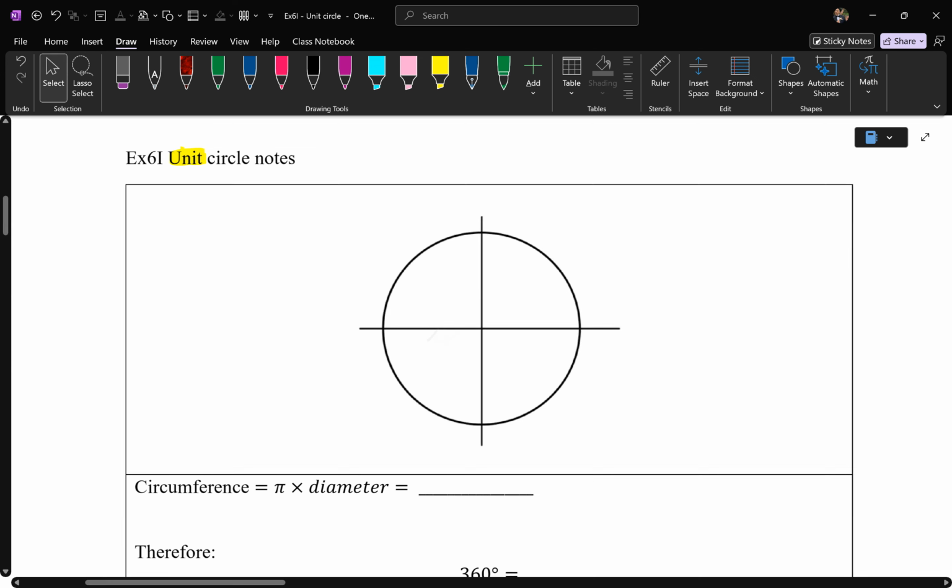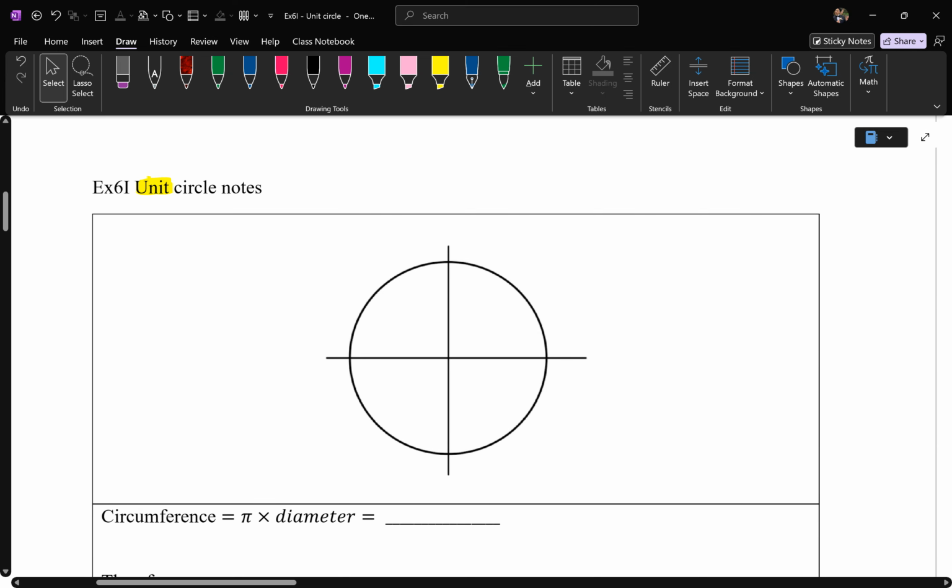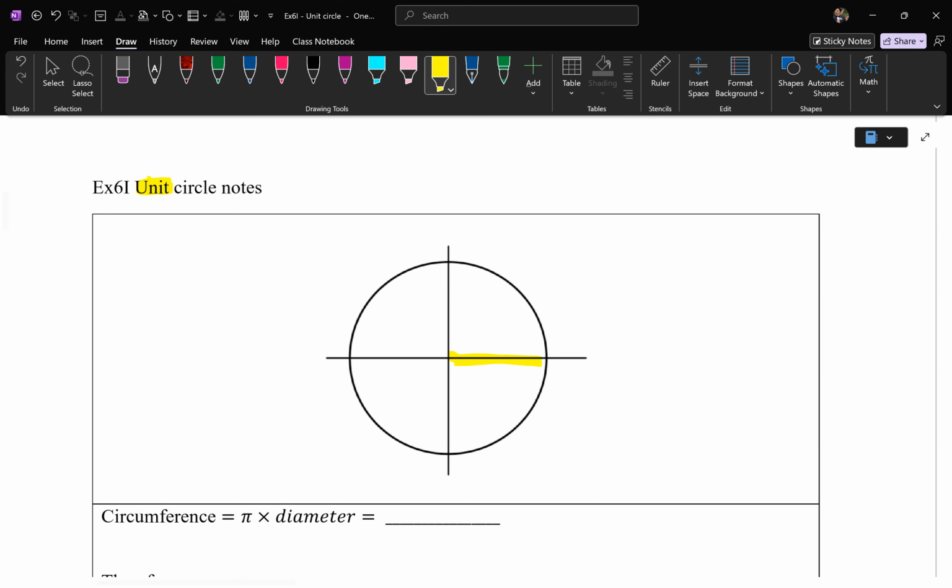So unit circle, what it means is if you had a unit length as your radius. So it doesn't have to be 1 centimeter or 1 millimeter. It could be 1 meter. It doesn't matter. The point is this is a width of 1 unit length. Now, if this radius is a unit length of 1, there's a couple things we can then extrapolate based on